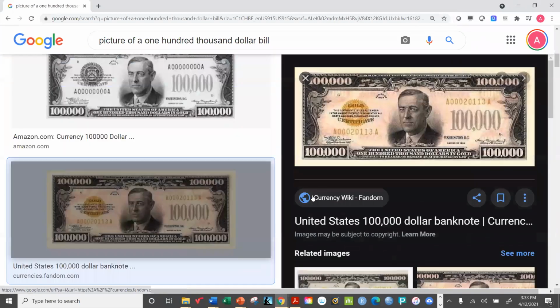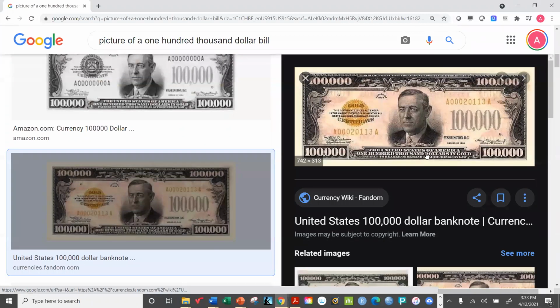Here it is. If you look at it carefully, you'll see that this is a $100,000 bill, and it says right on it, gold certificate. It was issued in 1934, just before we went off the gold standard. And that means if you had this in your possession, you could take it to a bank and insist on being given $100,000 worth of gold